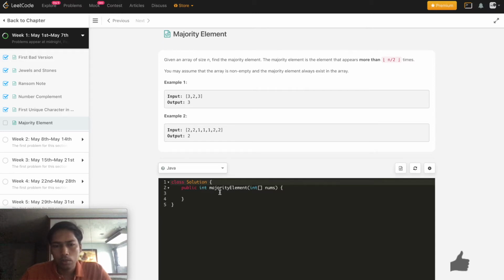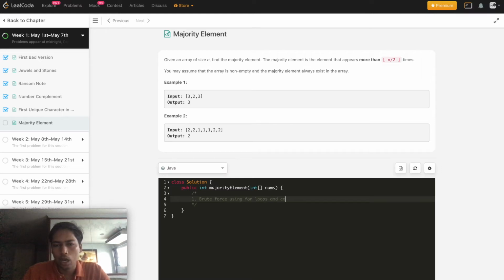This problem can be solved in many ways. One is simply brute force. Let me write down the brute force approach just as an idea here. Approach one is brute force using two for loops.